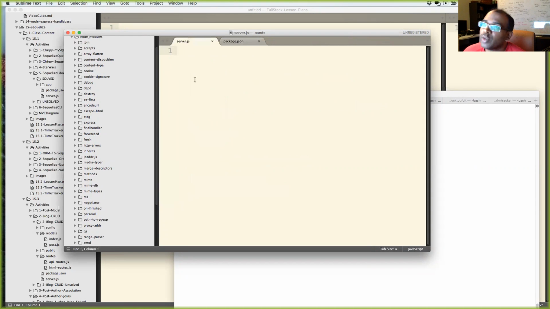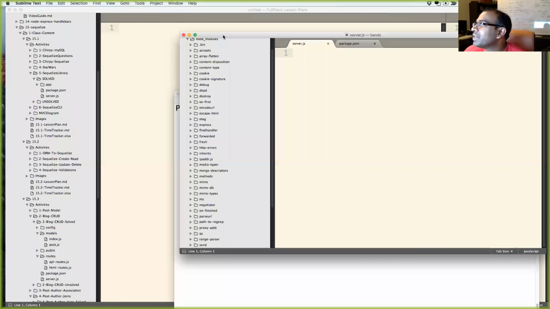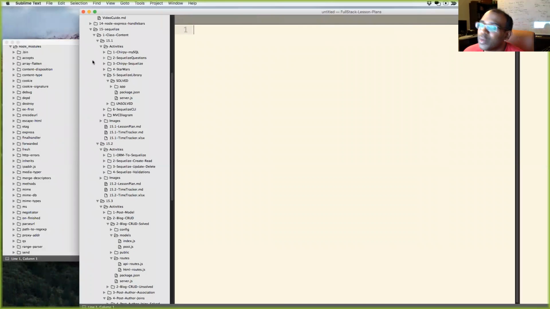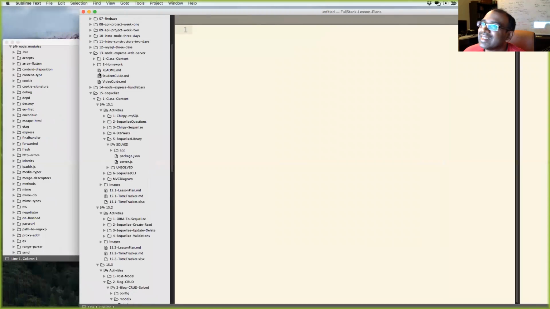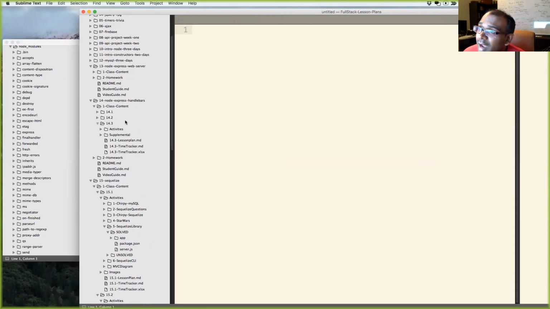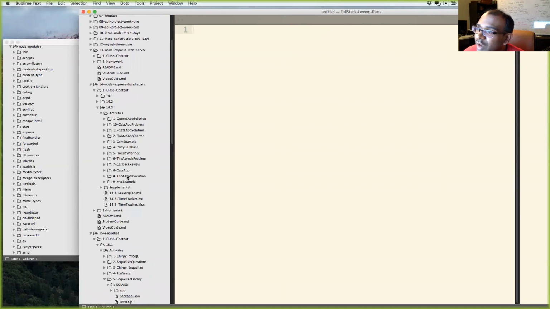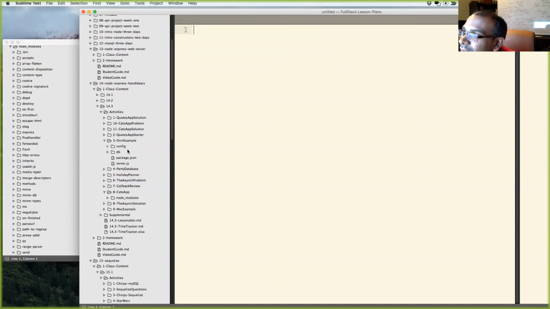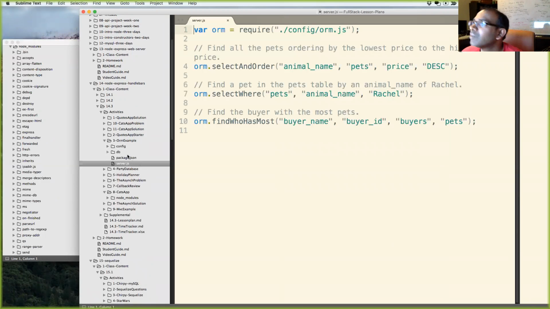And now I'll go into my server.js file, and because I don't know anything at all, I will go into a previous file where I have code, and I will copy the server.js file. I'll go into, let's see, right here. Nope.